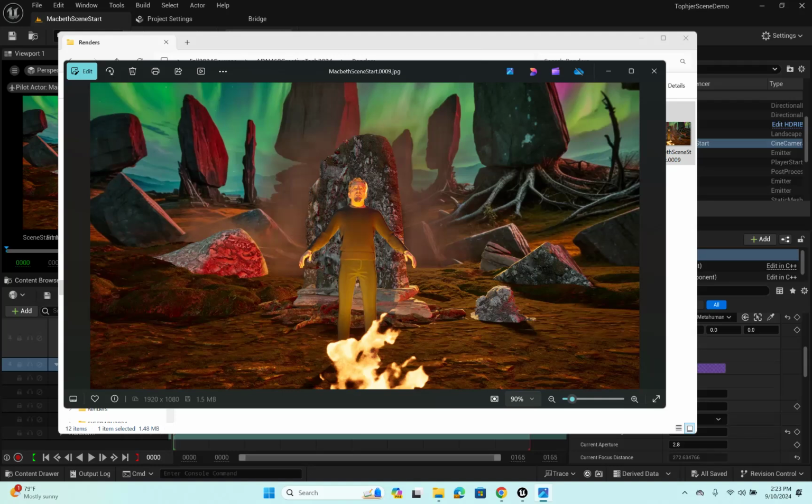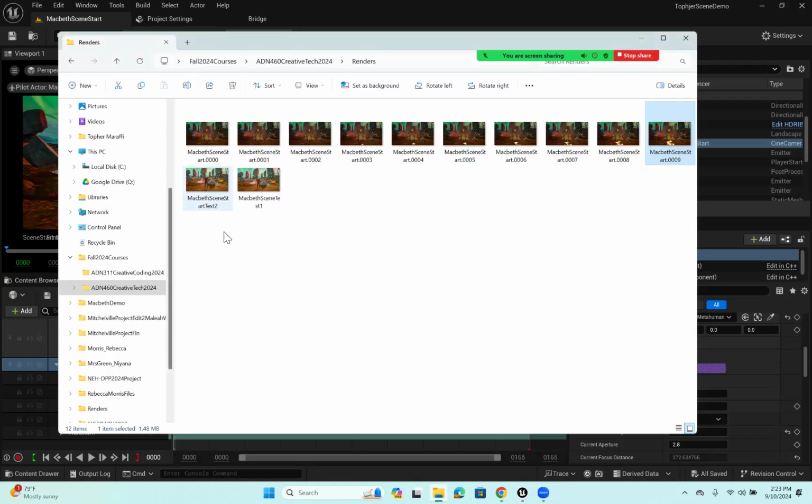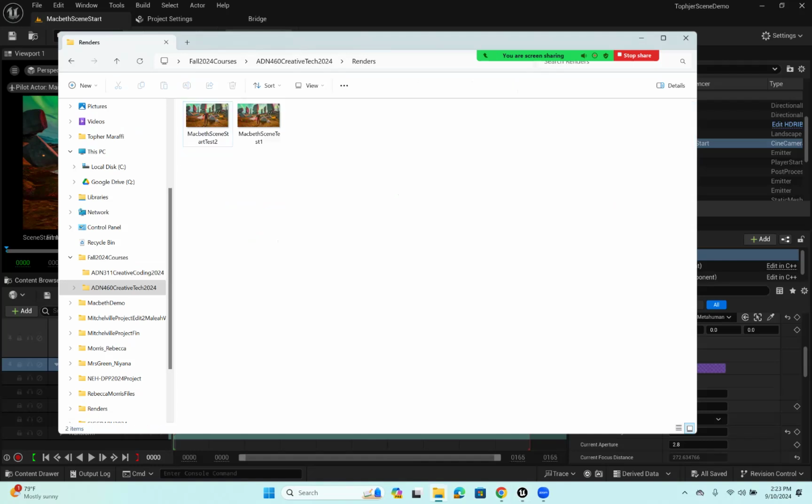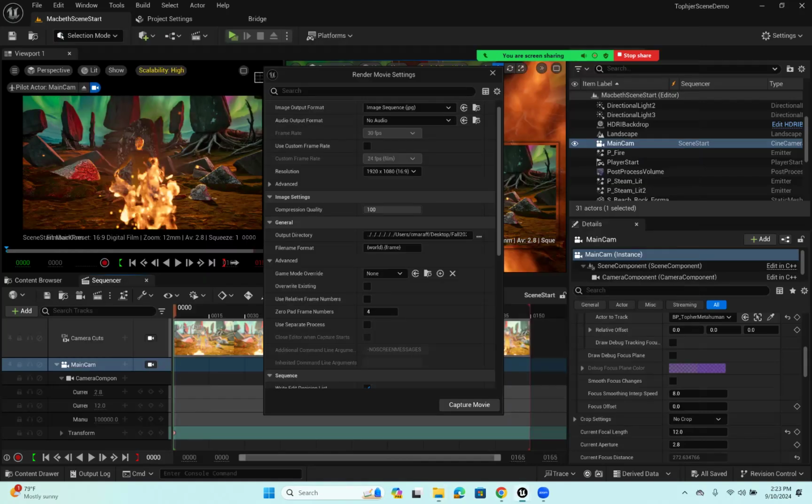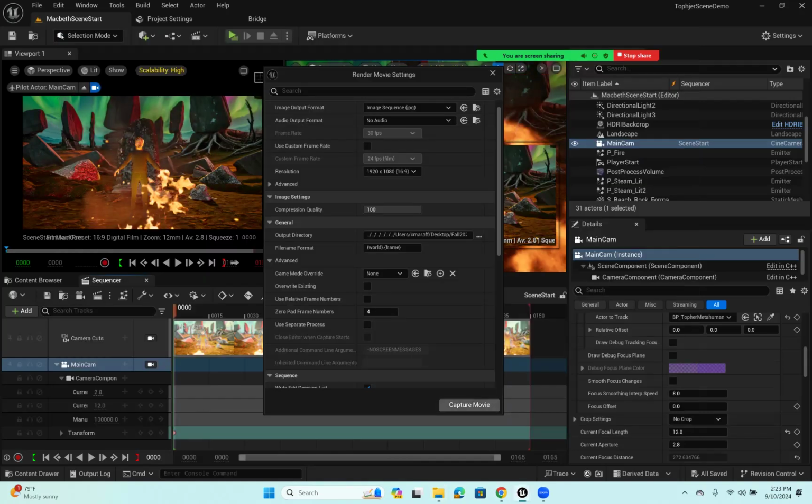If I decided, okay, let's try 30 frames and see what that looks like. Maybe I'll have an even better looking fire. Let's see. I'm just going to delete these ones so that it doesn't change the name. And then